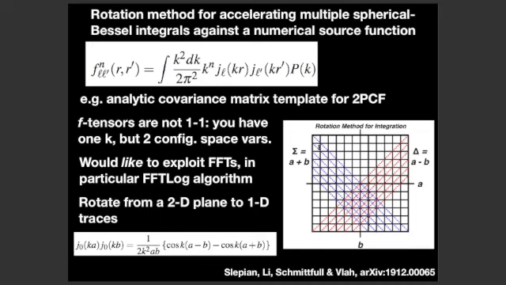And that's actually one piece of the BAO pipeline that we typically use. We use an analytic template for the covariance because it keeps things smooth and reduces the need for mock catalogs. So the trouble is these F tensors are not one-to-one. You've got two variables over here, an R and an R prime, but you're only integrating out over the K. So it seems like you can't do this with Fourier transforms because Fourier transforms want to take 1K to 1R or 1R to 1K. You can't do 1K to 2 different config space variables.